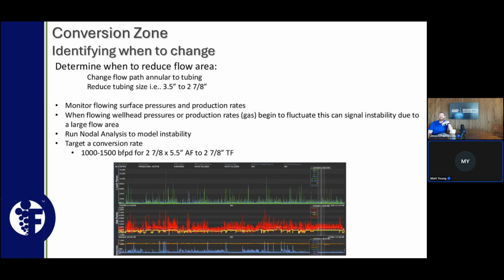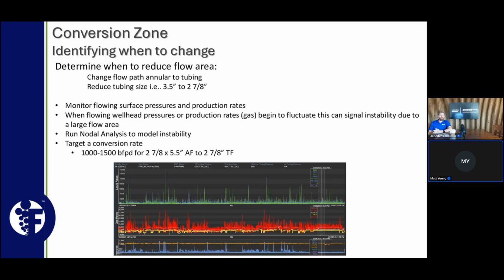And all those things can be driven by too large of a flow area for the production rates that the well is currently producing. So in a case like that, that can be a very good indication to make that conversion. Another thing that I find is that you can do a historical look back at conversion rates for previous